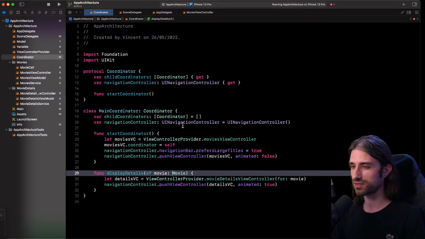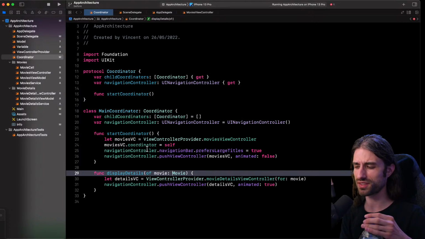The way it works is that, of course, it's explained in the README, but there are two branches. The first branch is called before. It shows the code as it was when we started. And then you've got a branch called after, and it shows the code in the state it is now. There might be some minor differences, but all the major steps are here, and you have all the commits to see at each step everything we've implemented. So the extensions, the result type, the view model, the implementation, the mocks, the tests, and the coordinator. You can replay it, and you can take the time to experiment with it.